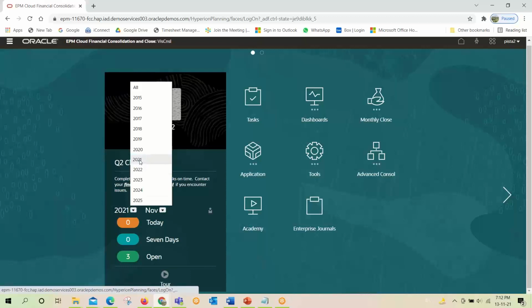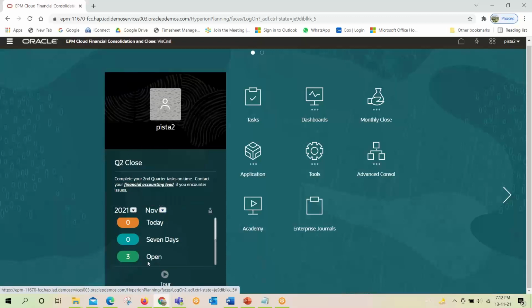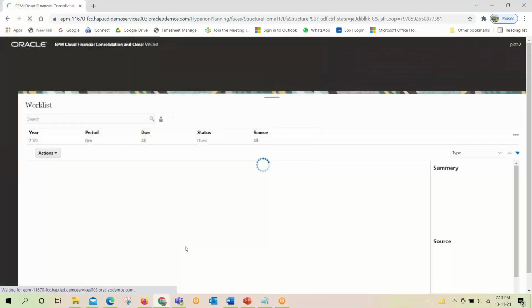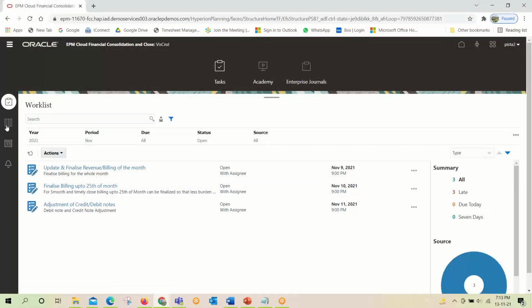So this is the November 2021 month. So you can see that there are 3 tasks open for Pista 2. So he can go from here itself to the task where he has to complete the task or submit the task.